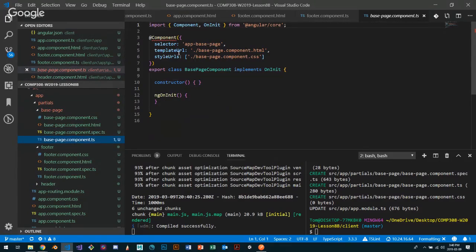What I want for my base page, and sometimes you get these little weird complaints, but they're not really errors, is to inject an activated route. Each of my pages, I want them to detect which page they're on, and I want to communicate from the page back to the navigation saying, I'm on this page, please mark that route as active. Similar to what we did with EJS, but without all that code. But I want